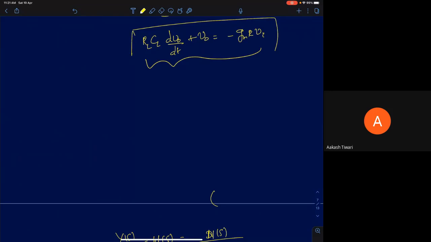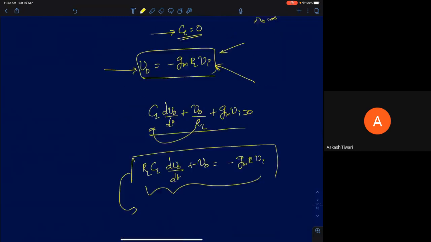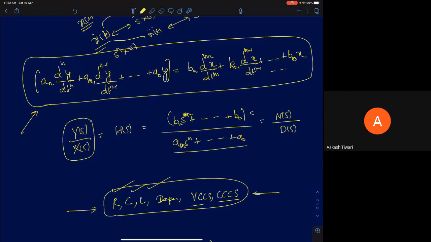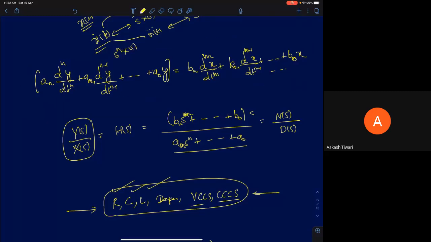We know that if you apply Laplace transforms, linear differential equations can be converted, and that's what I've shown here. Let's assume this is an nth order linear differential equation. You have a n times the nth derivative of y, the n minus 1th derivative of y, and so on till y itself. That should be equal to some mth derivatives of x. It can be just proportional to x itself, or it can also depend on some derivatives of x. Now, to solve this equation in the time domain might be a bit more complicated as a procedure. That's where Laplace transform comes in very handy.